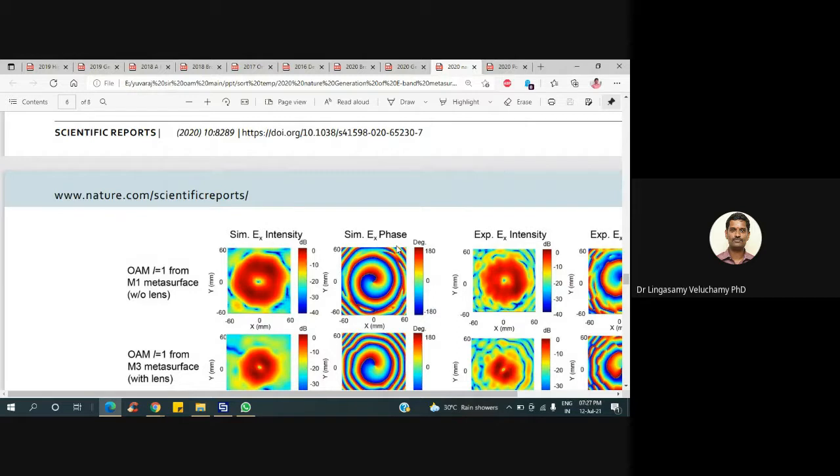And here they have given x, y in mm, right? This is the area which they are capturing, the phase and all. This is the same thing you are capturing there also, it is UV.